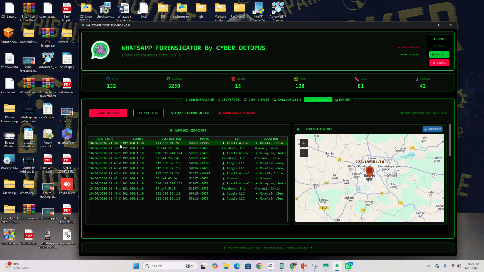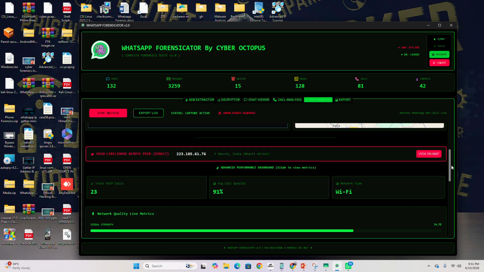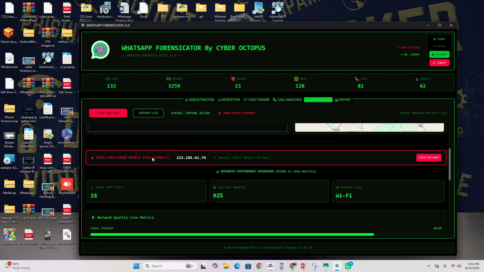So this provides us the destination IP address, ISP information, and ISP geolocation. You can correlate in which country the target is. You can see P2P, peer-to-peer information, the public IP address of the target, and the geo ISP locations.